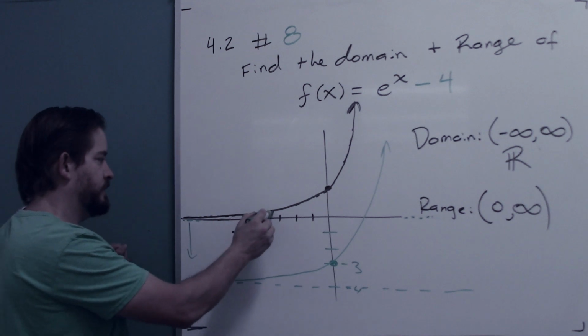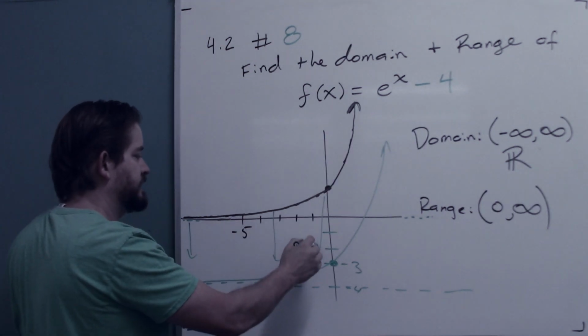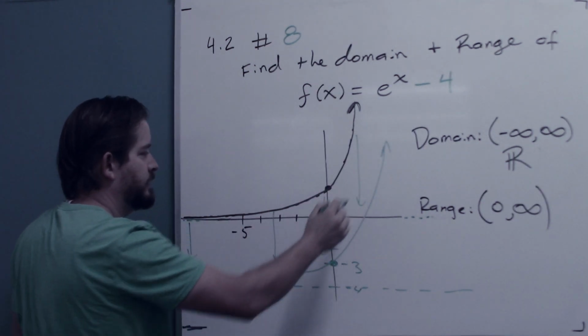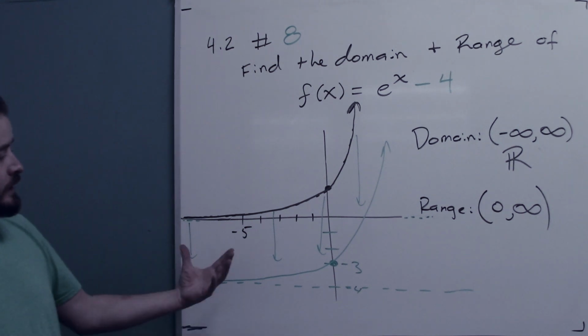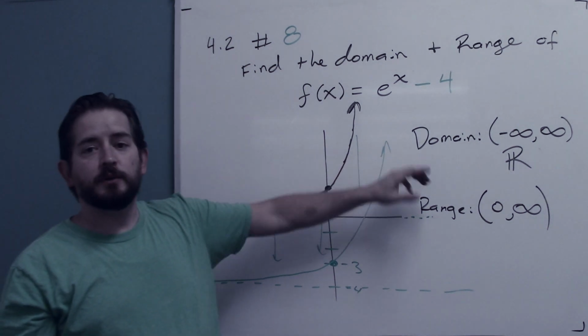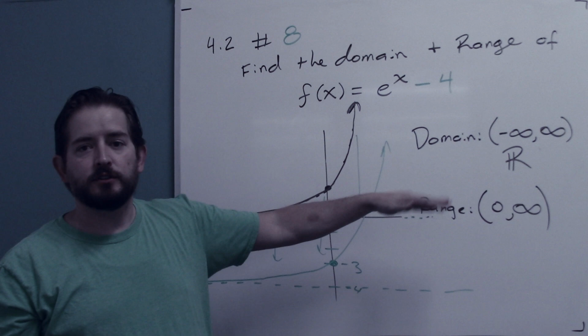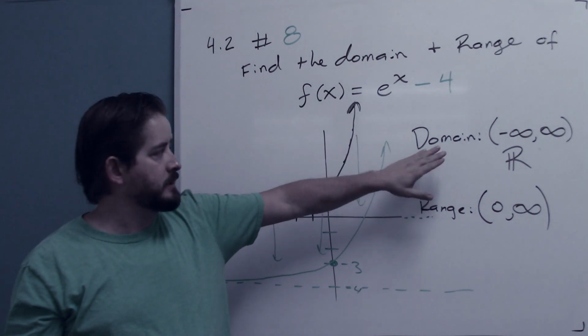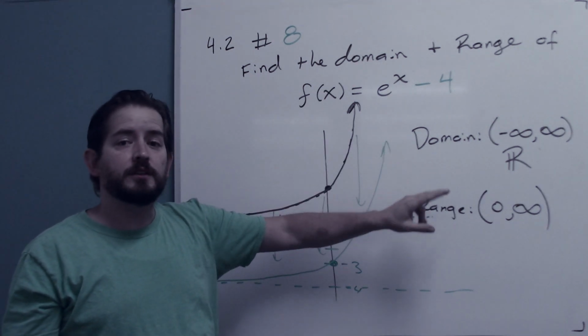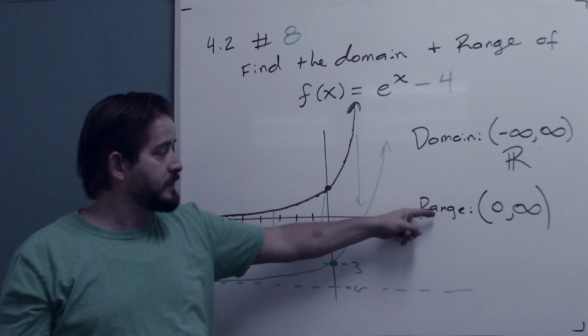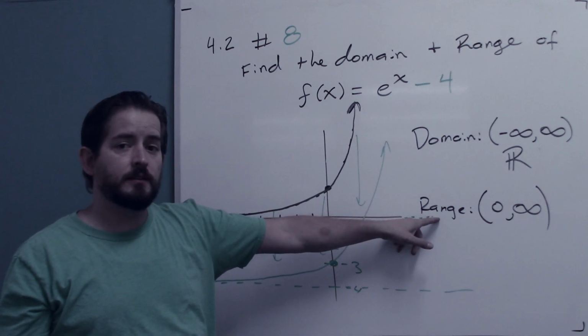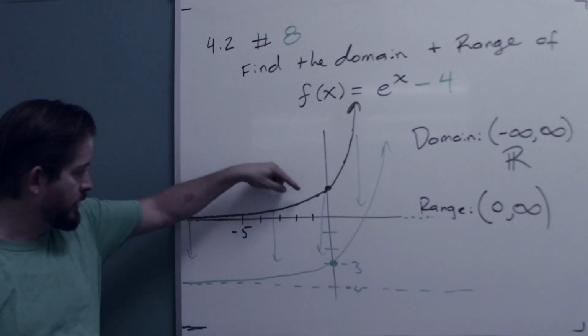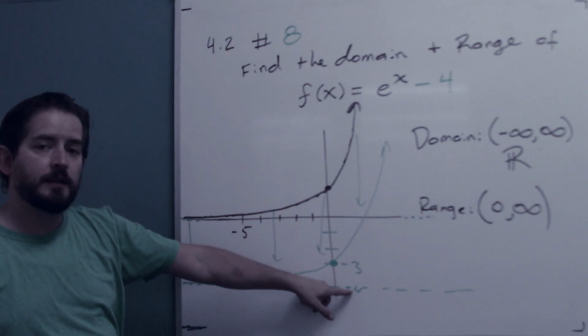Down by 4, down by 4, everything's down by 4, right? So you can see my domain is not going to change, because if all of my x values are covered, shifting stuff up and down doesn't affect my domain, but shifting stuff up and down in this case now does in fact affect my range, because I can go all the way down to numbers as close as I want